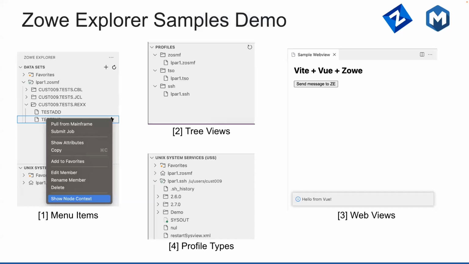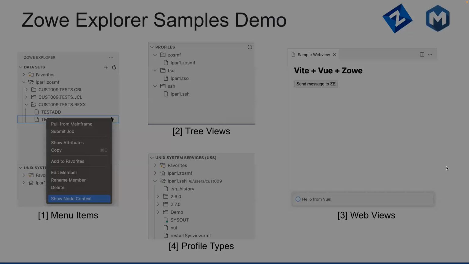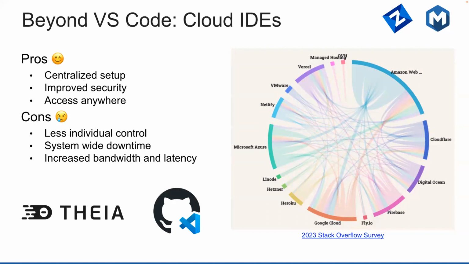Okay. So I will go ahead and share my screen again. Just to recap, all these samples that I showed earlier are using a functionality of the Zowe Explorer API. And a second topic I wanted to discuss, I don't know why this is being slow here, is the fact that